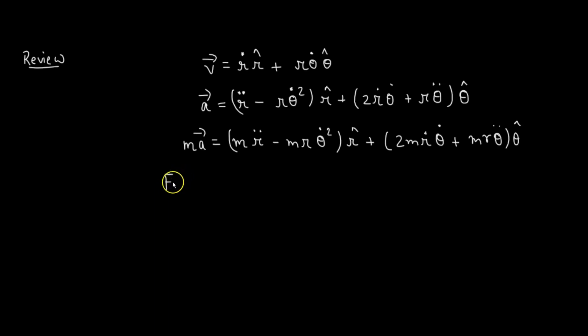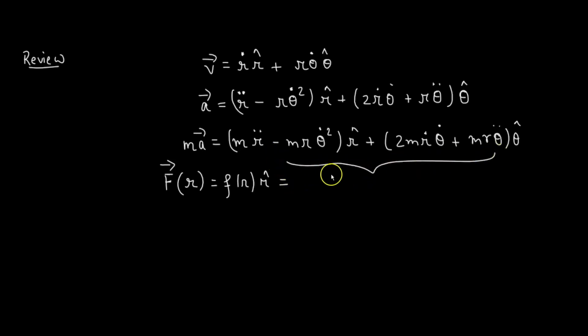This is the force which is central in nature. So this force is going to be a function of r. So this is f of r, which can also be written as f of r times r cap, equals this particular expression. What we do, we can equate both sides, and that gave us the equation of motion. So we had,